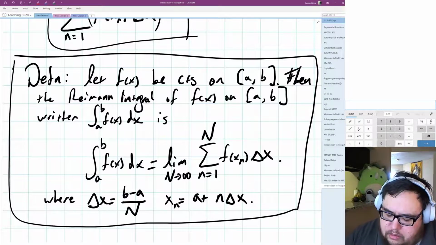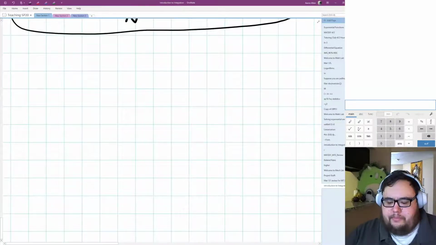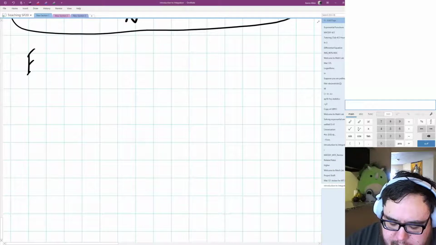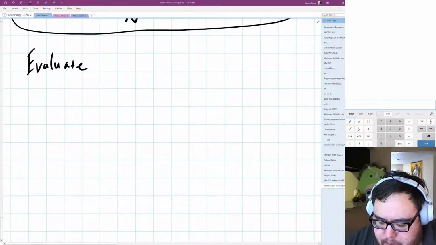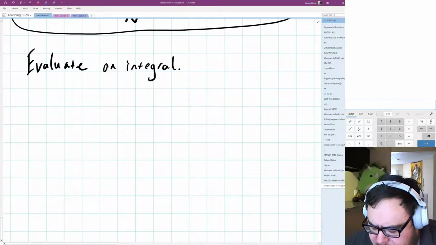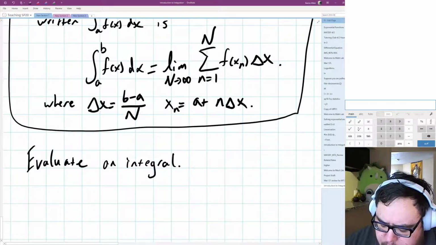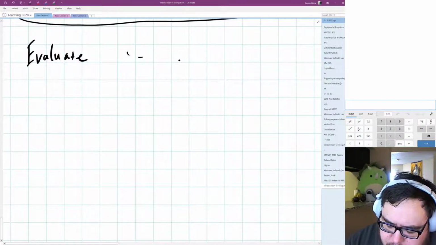So let's go ahead and try to evaluate an integral. Oh, I suppose I did this a little bit out of order. While I defined the Riemann integral this way, the primary definition of integral that we should be using